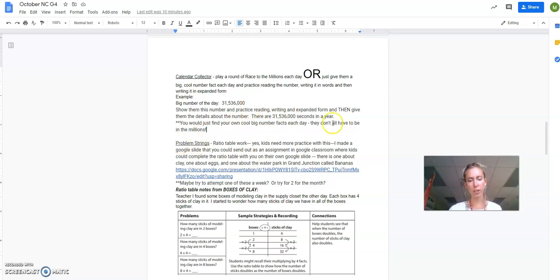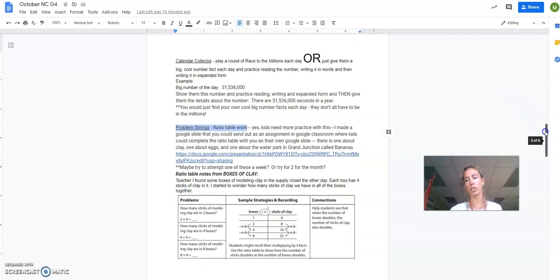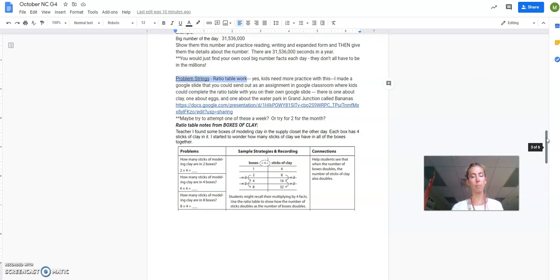And the number wouldn't have to just go up to the millions. It could go to the thousands, or maybe it's just in the hundreds that day. Okay? All right. So I thought that would just be a fun thing to do, practicing with big numbers. Then problem strings are focused on ratio tables. And since we just started that in Unit 1, and it's a big thing that kids see throughout the year and in 5th grade and beyond,